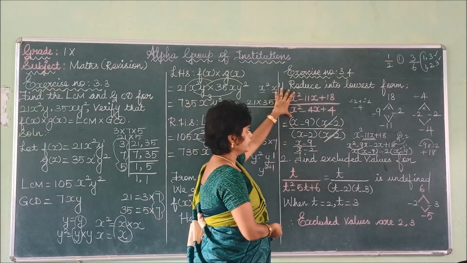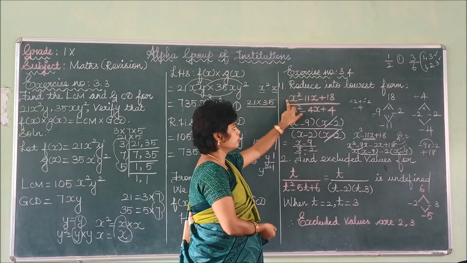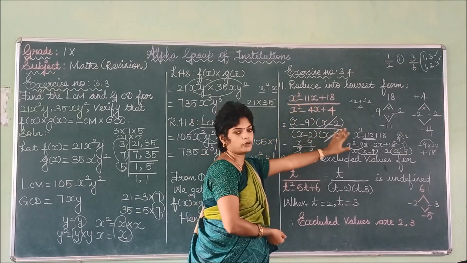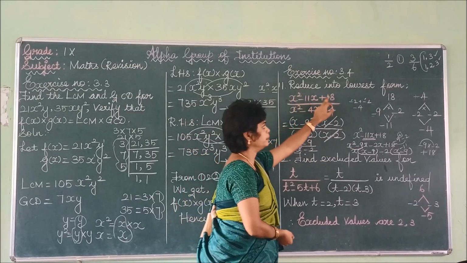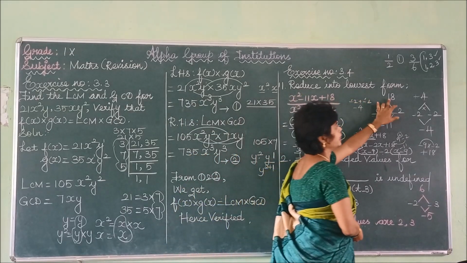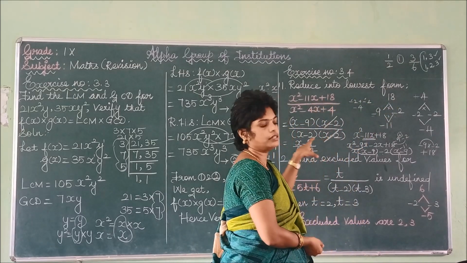So if they give you a question, you have to find the factorization. If it is one coefficient, you can simply proceed this way. If they give any number here, if it is 3, you can multiply the 3 into 80. That number can be written here, and the coefficient of x can be written down.